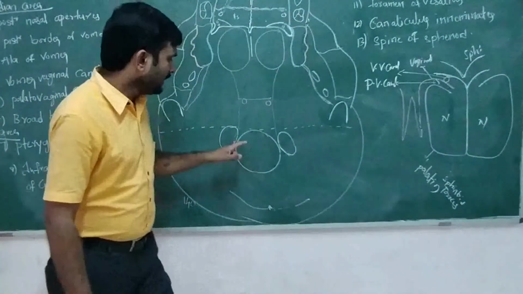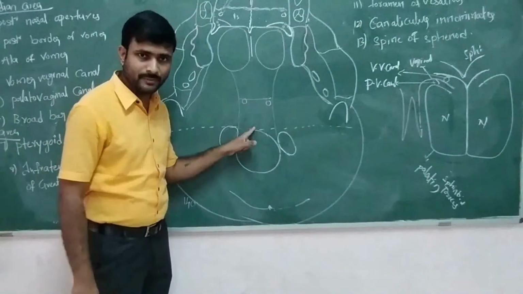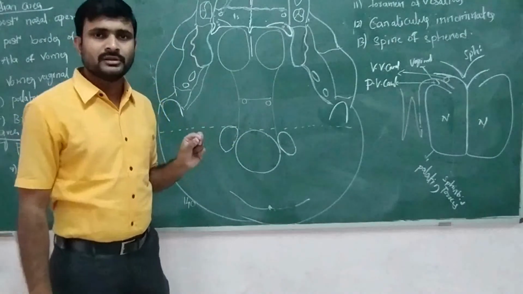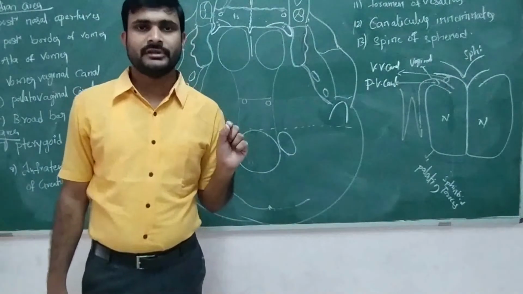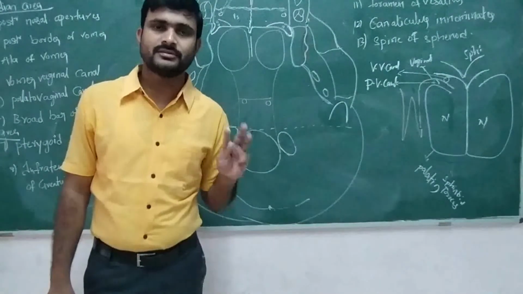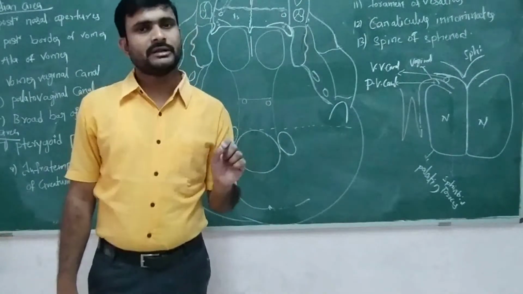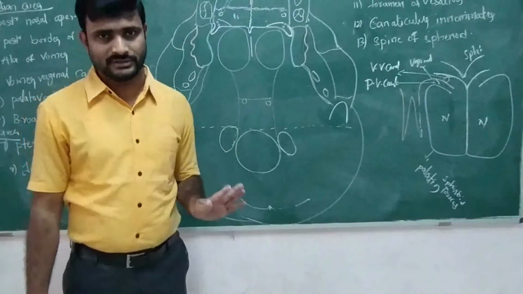In front of the foramen magnum, extending up to the foramen magnum, we see two tubercles. These tubercles are called the pharyngeal tubercles. Here three attachments are present, but I am not explaining the attachments here. I am only giving the osteological part. So these are called the pharyngeal tubercles.